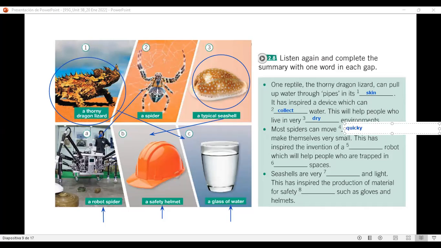So they can move quickly, right? Se pueden mover muy rápido or rápidamente and make themselves very small. Sí, se pueden hacer ellas mismas muy chiquititas. This has inspired the invention of, ¿qué tipo de robot es este? ¿Qué hace?